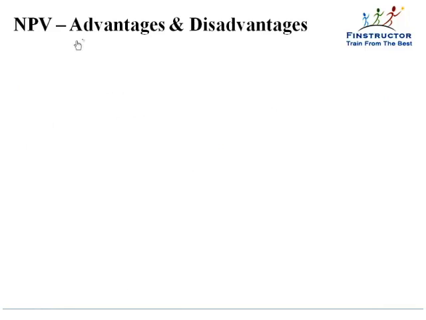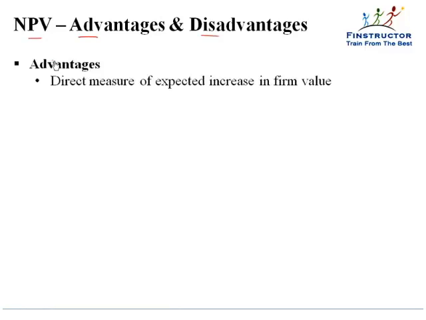So we'll now move on to studying the advantages and disadvantages of the two methods. We'll start with the net present value first. As mentioned earlier, NPV is a direct measure of absolute shareholder wealth addition, or the expected increase in firm value because of the project. It is the absolute present value of the cash inflows minus those of the outflows. So theoretically, as we will prove very soon, it is the best method for analyzing a project or computing the value to shareholders of a project. On the flip side, however,